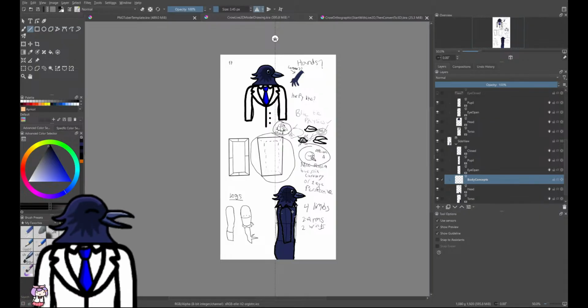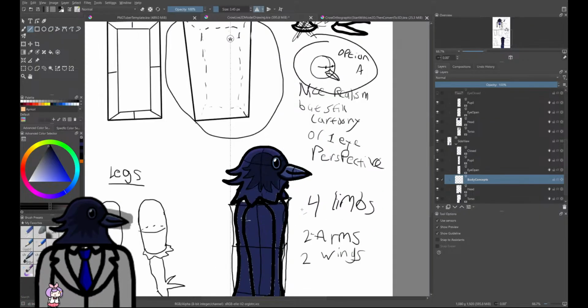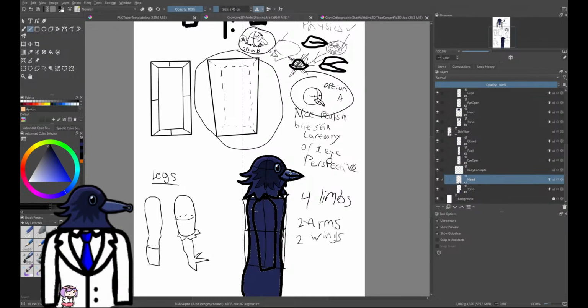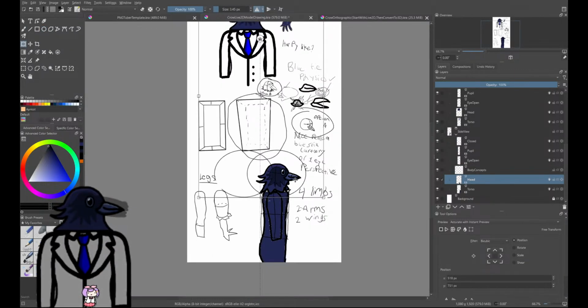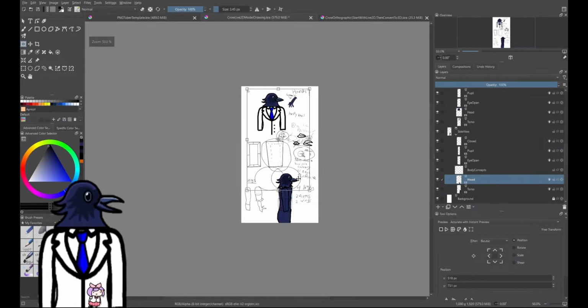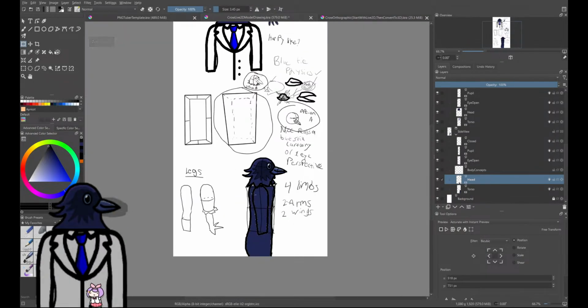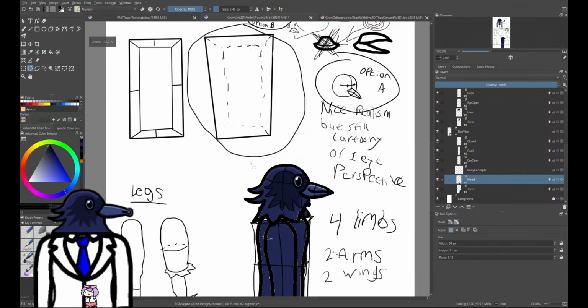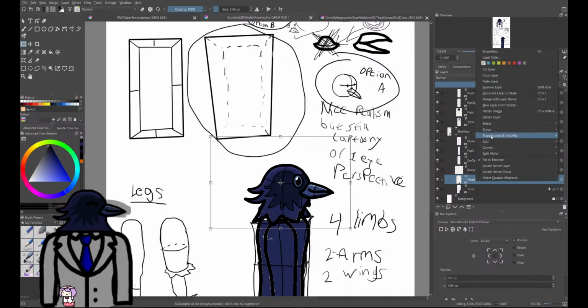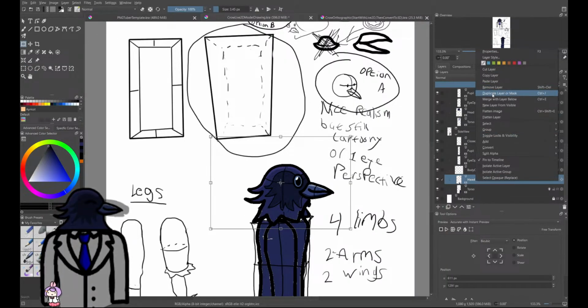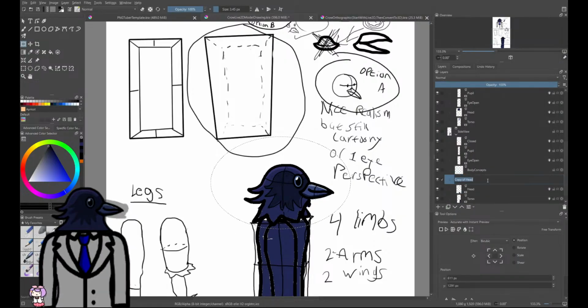I like this head size. So I'm going to take this. Go away, mirror. I don't need you right now. I want the circle tool like this. Let's duplicate layer mask. This is going to be